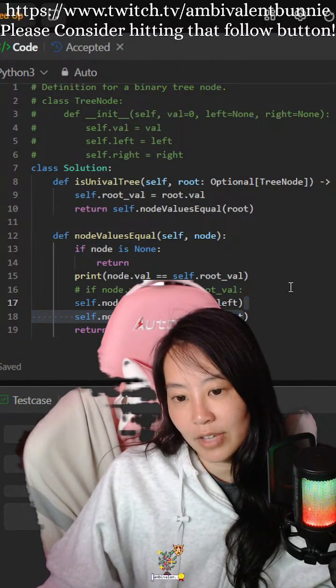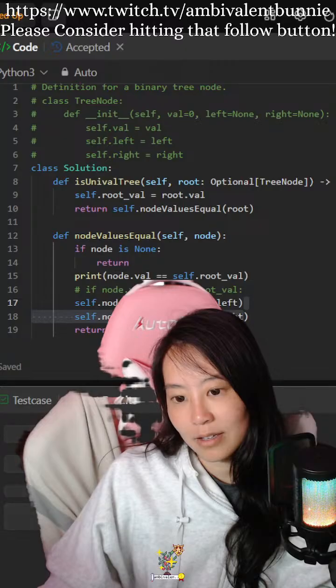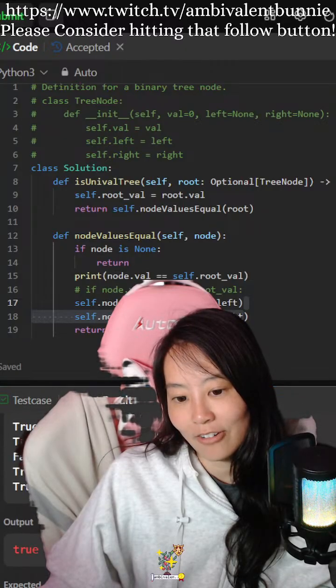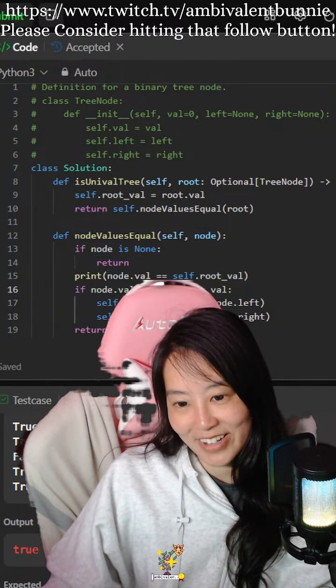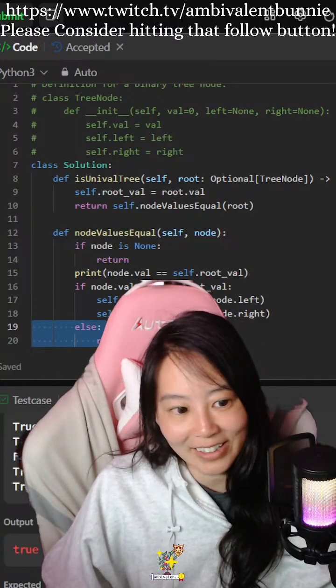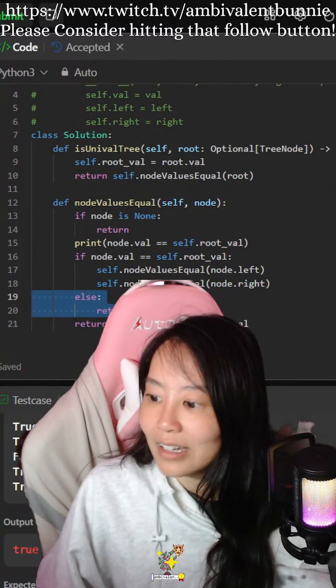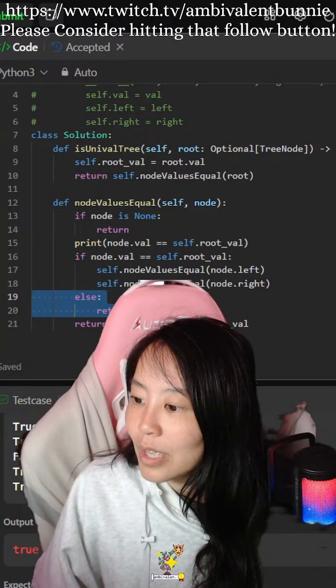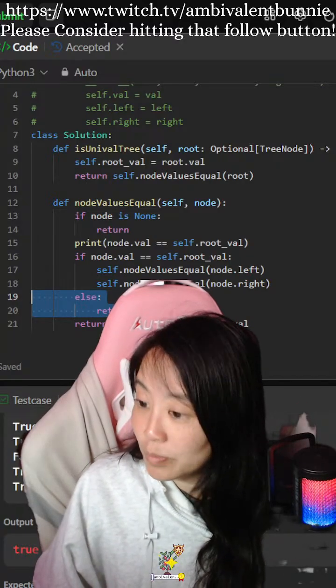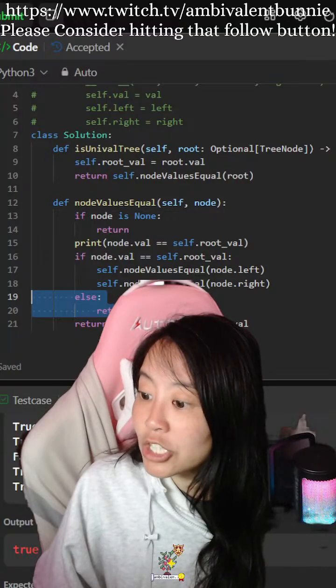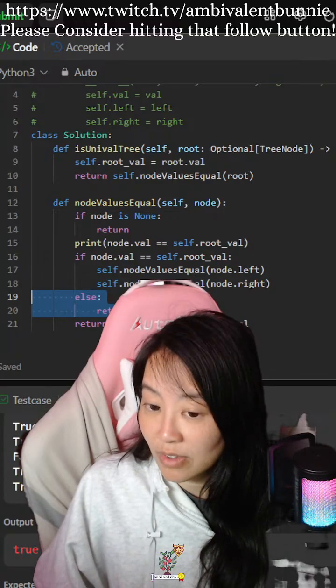So not having an if statement? No. Okay, sorry. Hold on, guys. If I have the same value as root, we're good here. But I need to check my children and return the results of them. Correct.